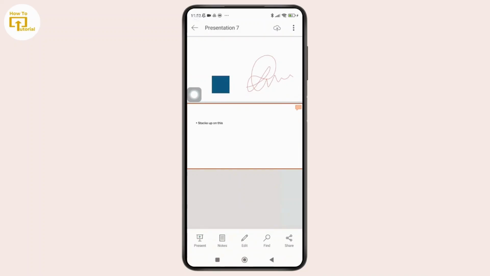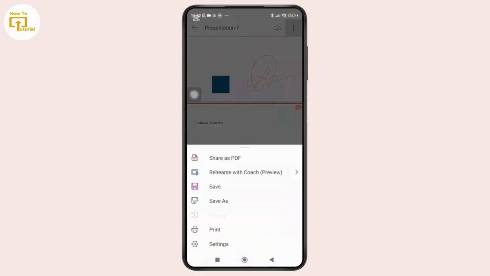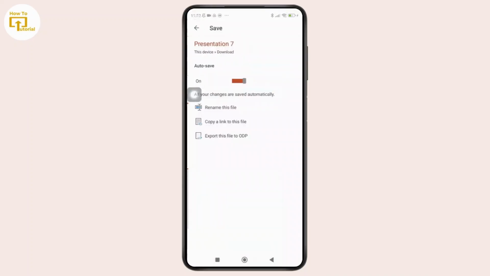So first, open the PowerPoint project that you want to share and tap on the three dot icon shown in the top right corner of the screen. And from the pop-up menu, simply tap on Save, and after that simply tap on export this file to ODP,